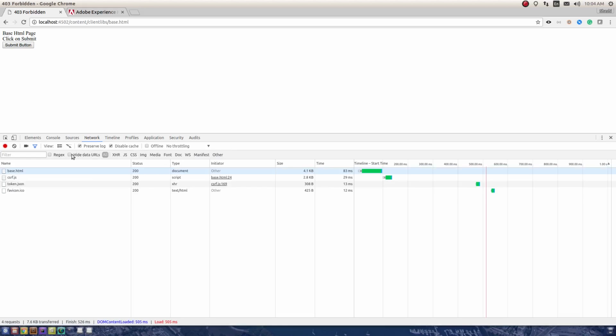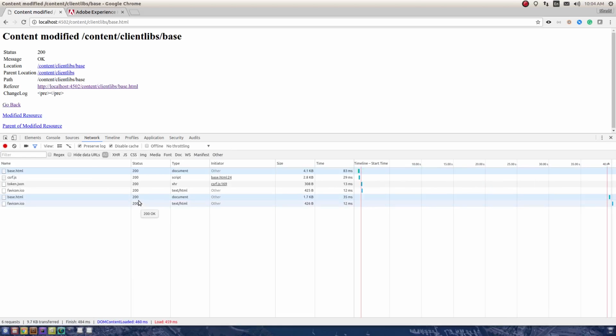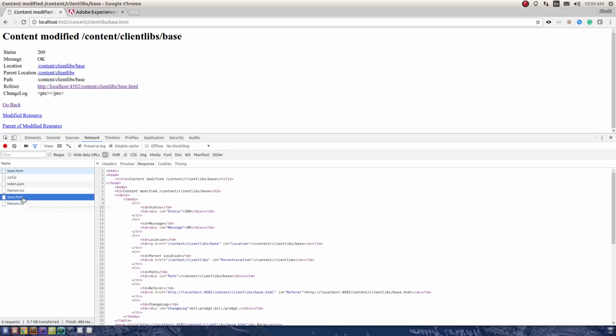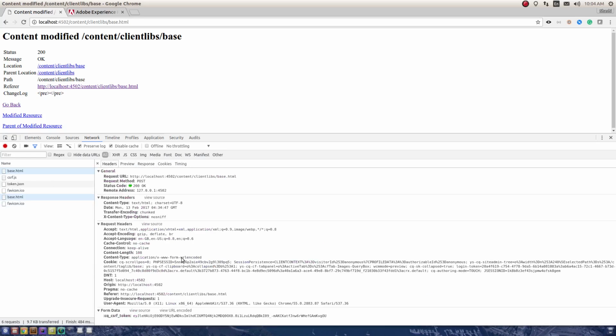Now what will happen when I submit this form? Then it'll be a 200, not 403. The reason for that is, if I look at the form data, there is this CSRF token that went along with the request. So the CQ server was able to validate that this indeed is a valid request,